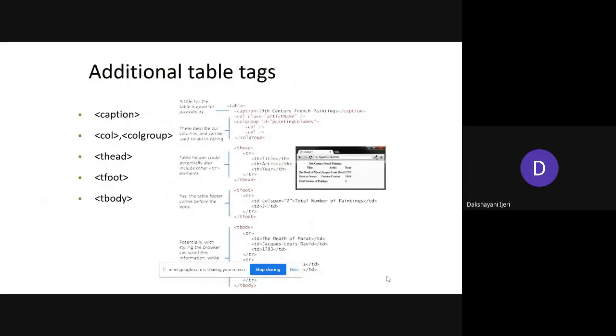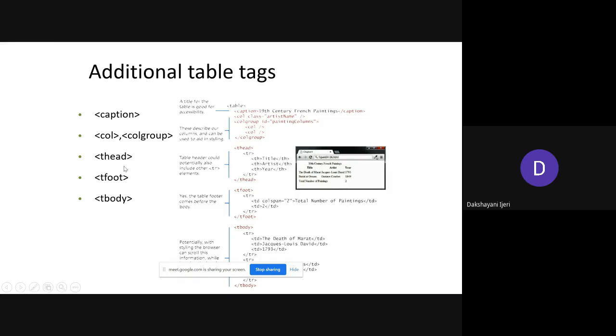We'll see what other elements you can use for the construction of the tables, right? So you can see it in this slide. You can use the caption for creating the heading for the table, and you can use the col element to group the columns under one group, and the colgroup. So these two elements are useful whenever you want to apply common styles to the different columns and the column group, right?